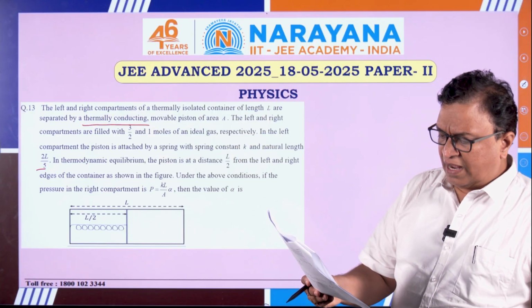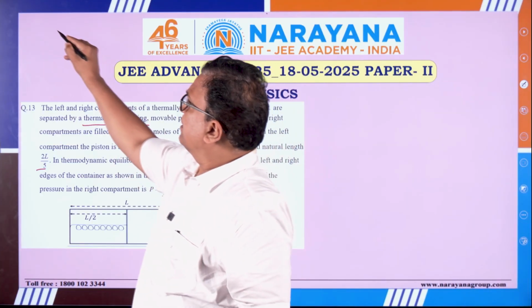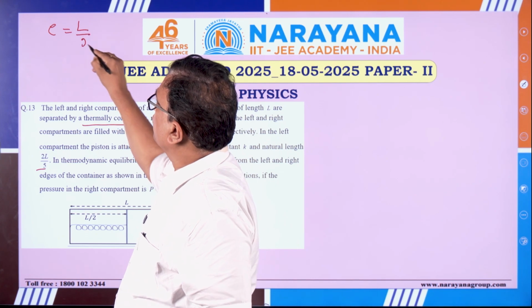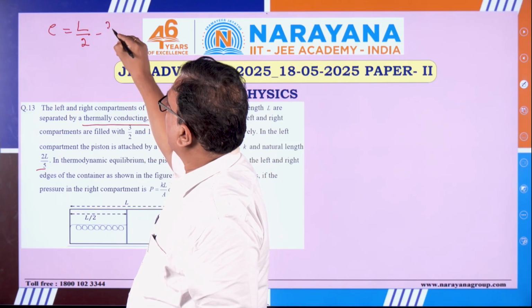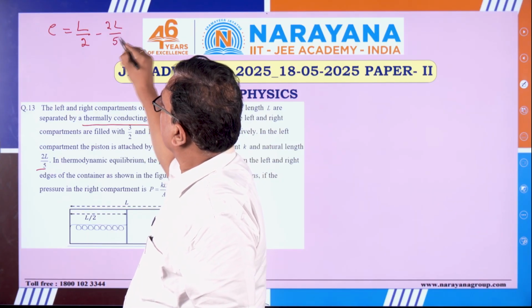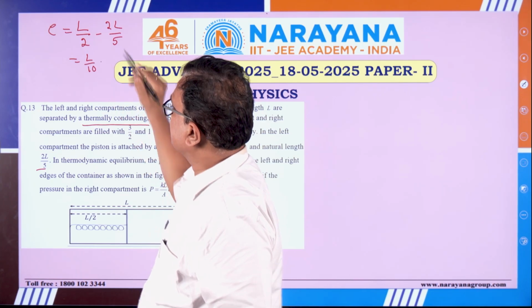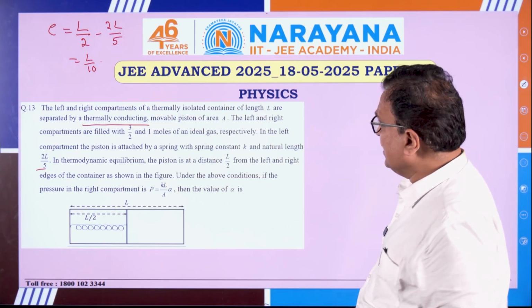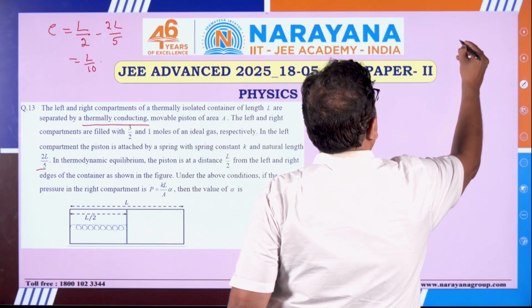And elongation in the spring is simply L by 2 minus how much? 2L by 5. This is nothing but L by 10. That's the elongation. Now, if I take the free body diagram of the piston,